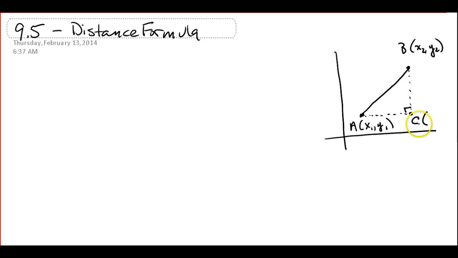It's over to the right the same amount as point B, so its x coordinate is going to be the same, so that's going to be x2. And it's up the same amount as point A, so its y coordinate is going to be the same as A, so it's going to be y1. So now we have this right triangle, and if I wanted to find the length of AB, I could use the Pythagorean theorem. So I would have that AB squared is equal to AC squared plus BC squared,